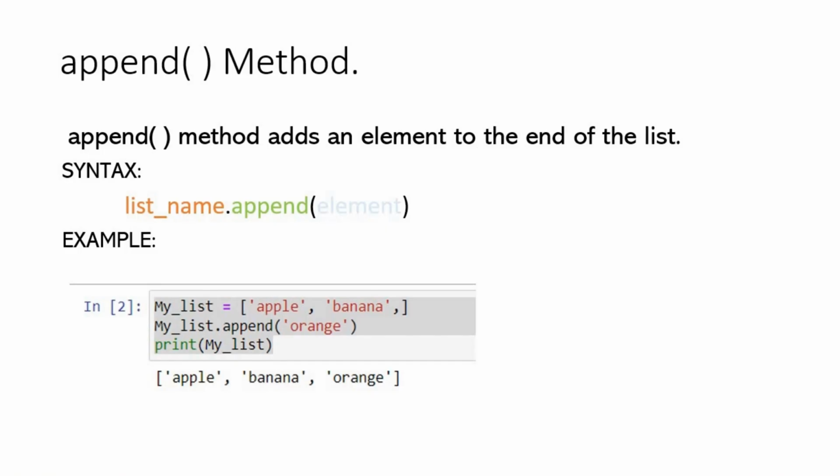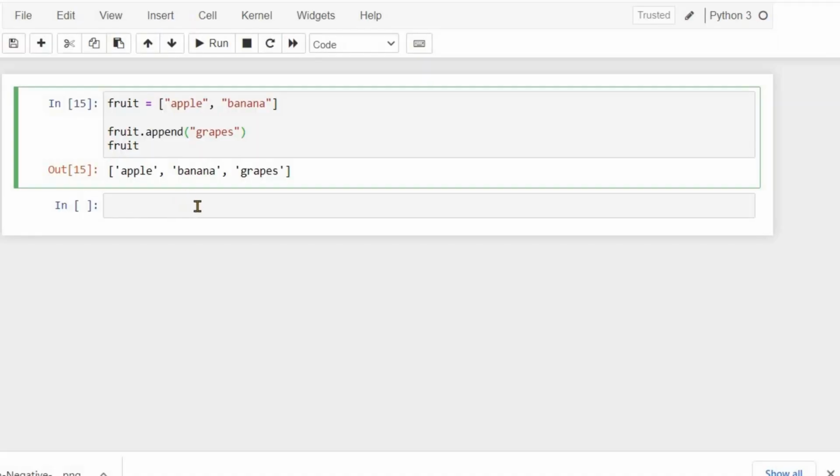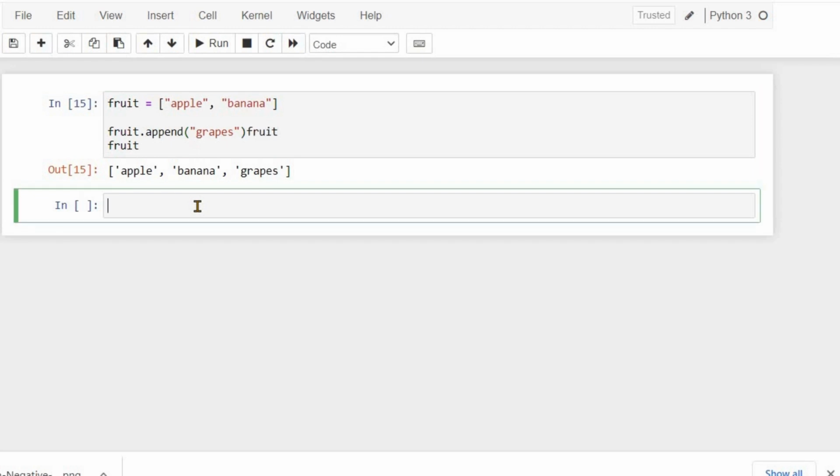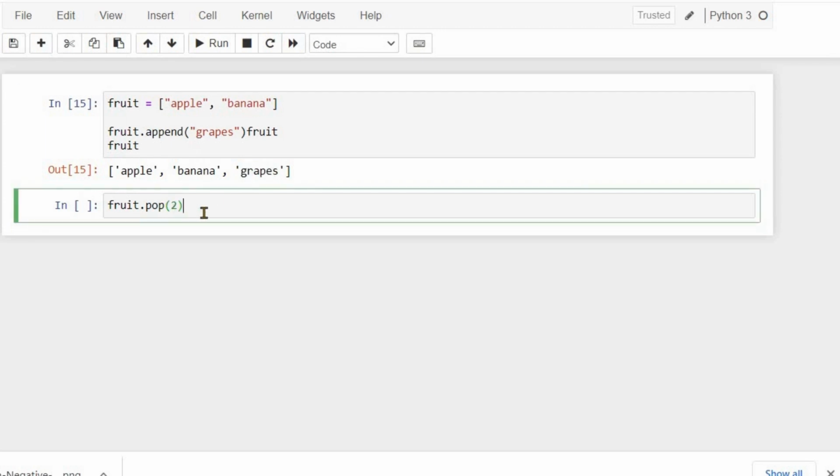Now like the append method there is also a pop method. The pop method is basically used to remove an element from the list. For example, let's say we have our same variable fruit. Now if we want to remove grapes from this variable, then we write the name of the variable, that is fruit, followed by the dot and pop, and within the parentheses we write the index position of the element we want to remove. Now grape is at the second position, so we will write 2,